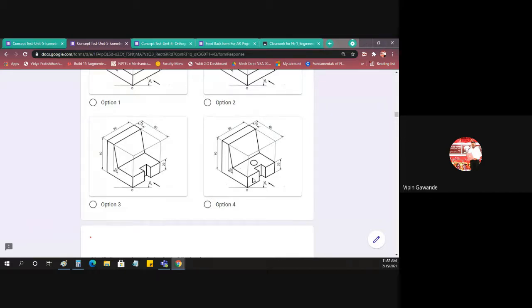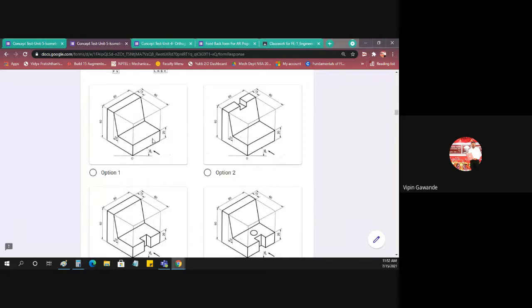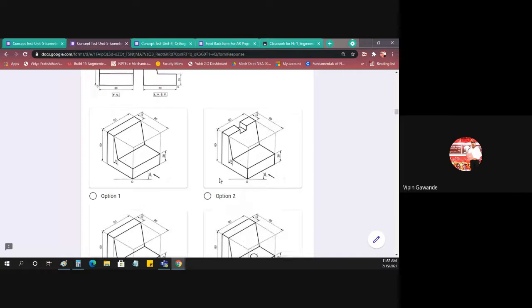Here also we'll get 1, 2, and 3 rectangles. So this is not the correct option. We must get only one rectangle in the front view. So that is only here. Okay, one rectangle, and this is the second rectangle. And in left hand side view, we'll get this cutout, so we'll get a dotted line here for this cutout. The dotted line is not mentioned here, so this is not the option.